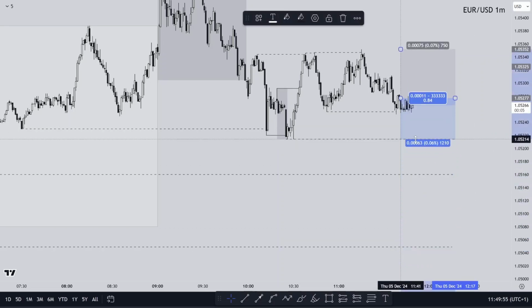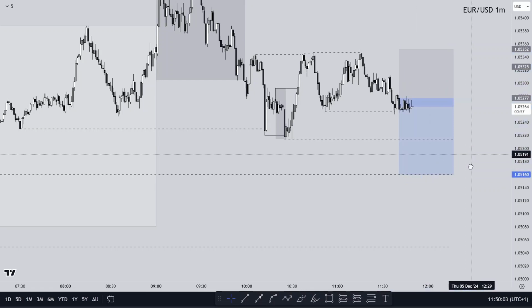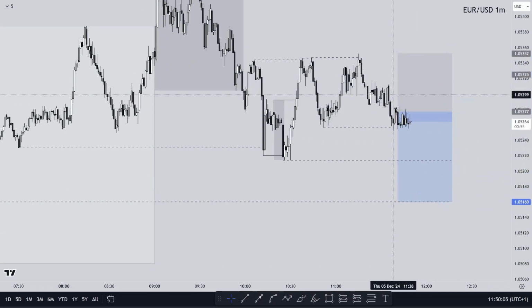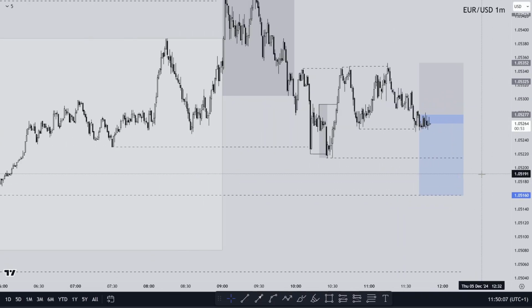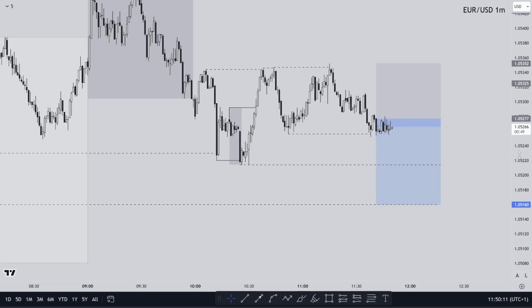I don't know if it will be a stop loss, a break even, or just a partial, but for the moment I'd like to see something like this. So a very good trade, since it's against the main trend, against the main structure. Remember that we are in a bullish one,